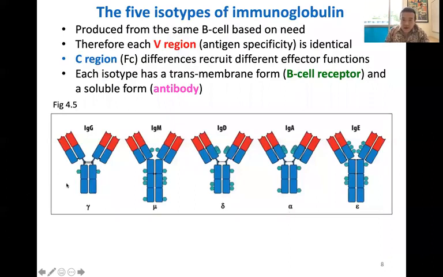So there are, again, 5 different isotypes or 5 classes of immunoglobulins. And your B cells will produce these depending upon what's needed at the time. As we learn more about how our adaptive immune system deals with different types of infection, suffice it to say right now that a bacterial infection is very different than a viral infection. It's very different than a parasitic infection. Right? So these different isotypes of immunoglobulin, due to slight variations in their structure, are better suited for dealing with